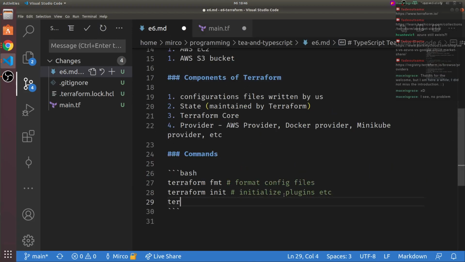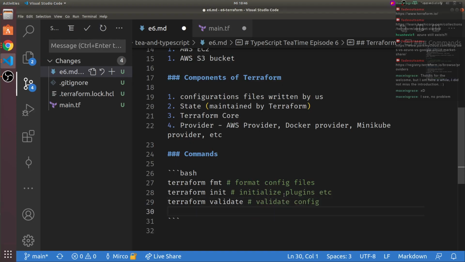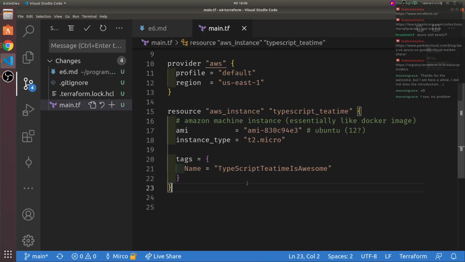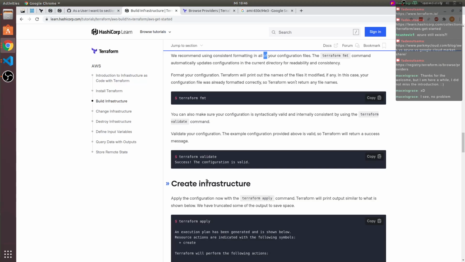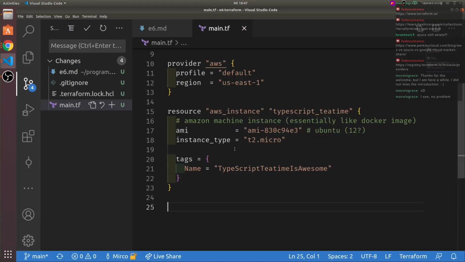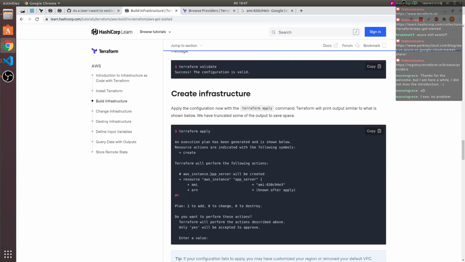Let's include that. Terraform validate config. Did I save? Yeah. So far it's okay-ish. You still haven't seen it in action, but we'll do that in a second.